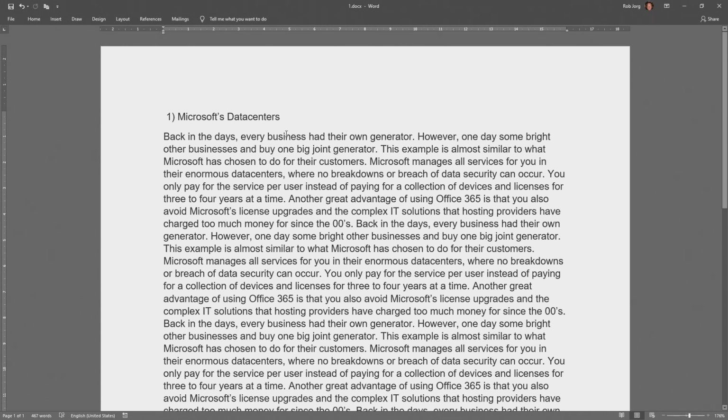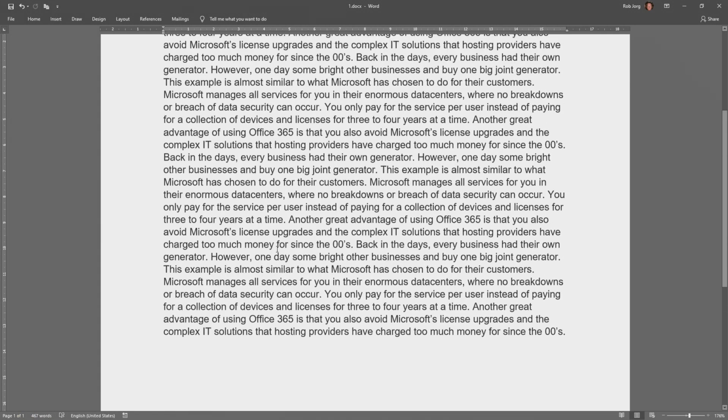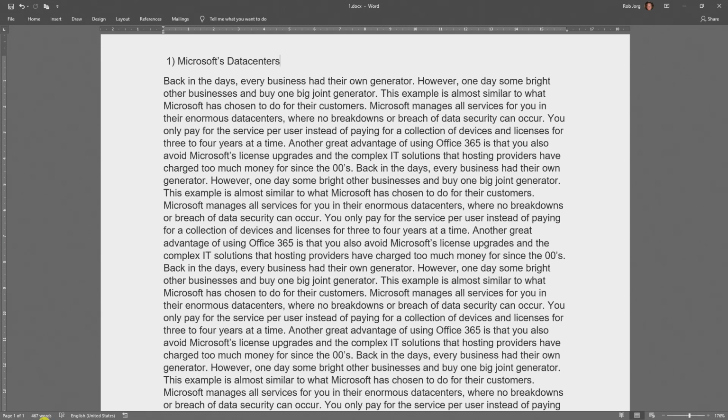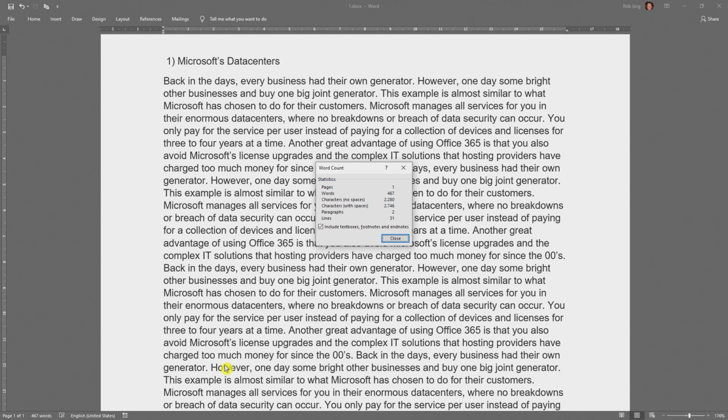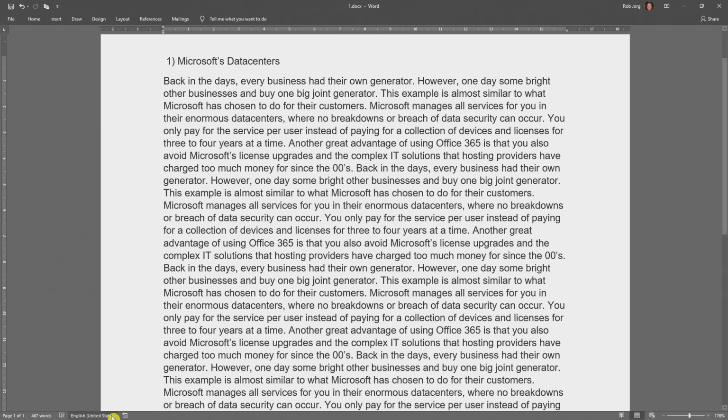There you are. Over here you have the status bar. It shows you that I have page 1 of 1 because I only have 1. There are 467 words in it. When you press it, you get a word count, so that's very useful. Over here it says it's English United States.